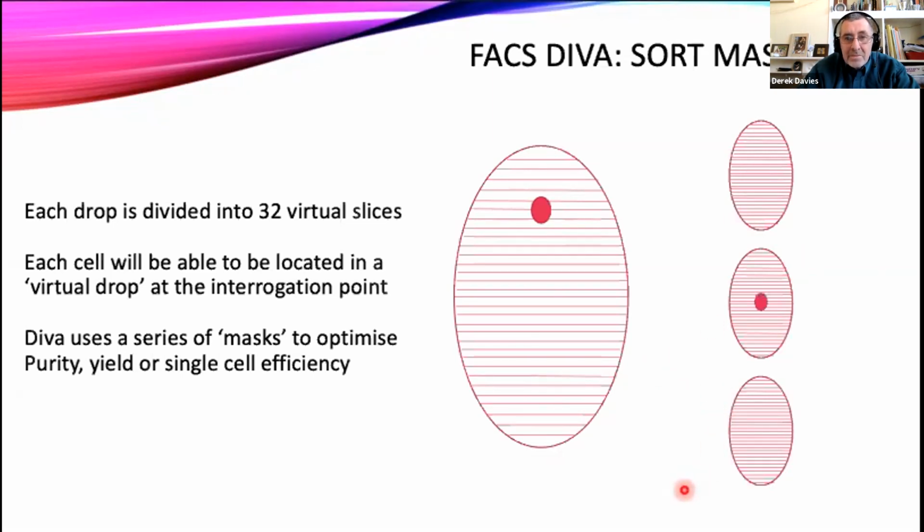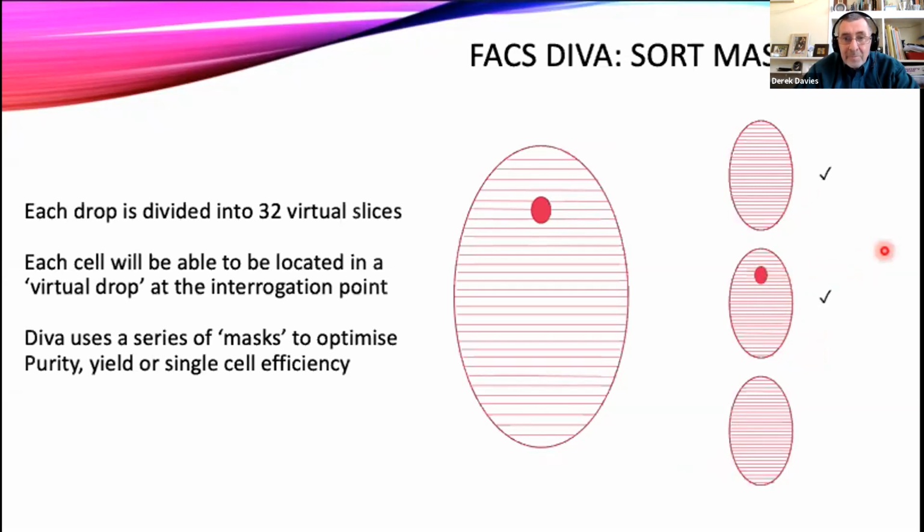Now, if our cell is in the middle, we're probably only going to sort that drop. Even if the cell traveled a little bit faster or a little bit slower than we expect, it's still going to be in the drop that we expect it to be in. But if the cell is towards the edge, then we have to make that decision. Do I just sort this drop? Or more likely, I will sort both of these drops, because that will give me the best chance of capturing